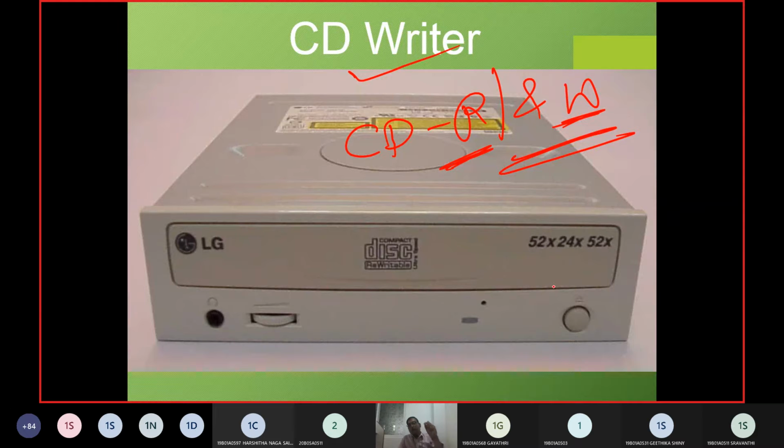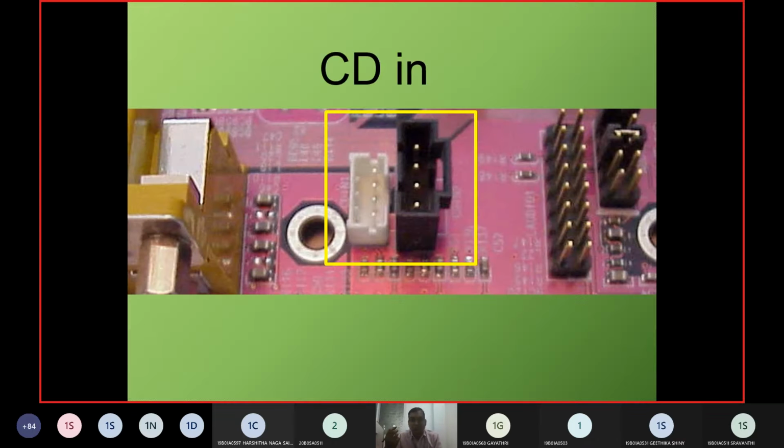How much speed you are going to get for reading, how much speed for writing. So you write your Java program or Python program, then you give the value to compute a prime number. I will give 5. Then you click enter. So how much time is it taking? It is working with some speed, like 24x or 52x. That is the speed at which it accepts the contents from you.